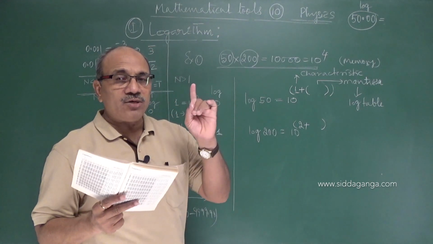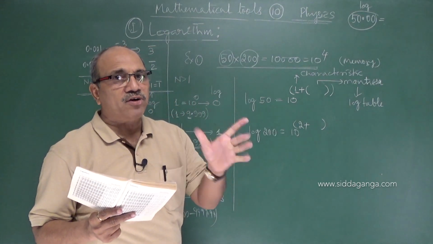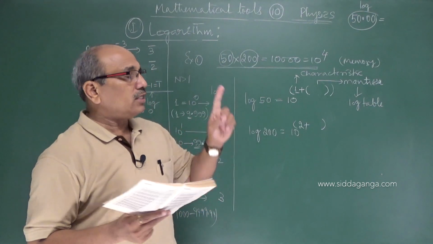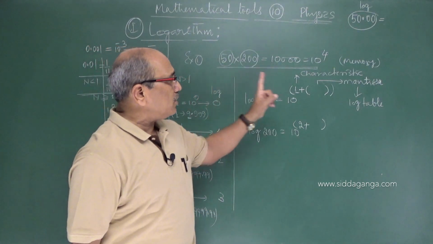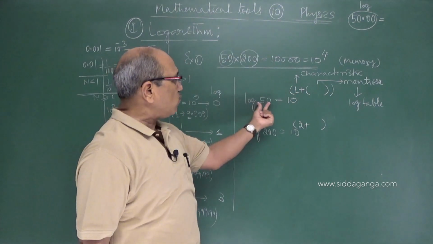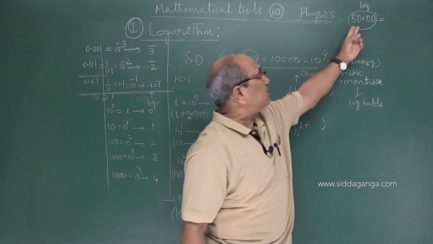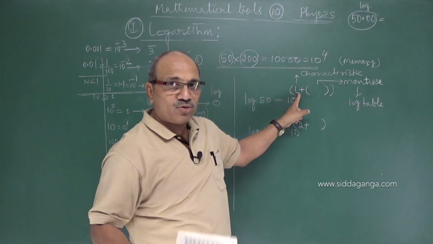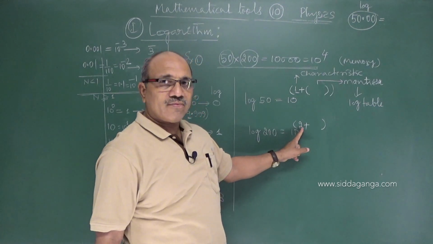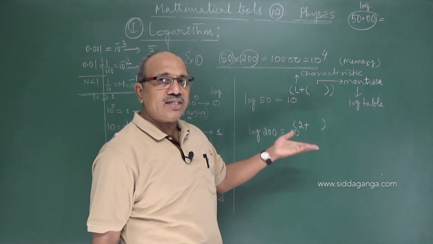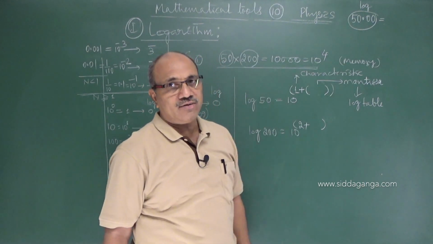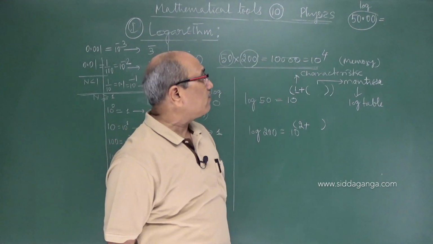Now forget the presence of the decimal point. Don't look at the decimal point. The decimal point we have taken only to fix the characteristic. Left of the decimal point, how many digits do you see? There are 2 digits, so we put 1. I told you make it 1 less. If there are 3 digits, you make 2. If 5 digits, 4. 1 digit, 0. I am taking only numbers greater than 1. Less than 1 we will go later.